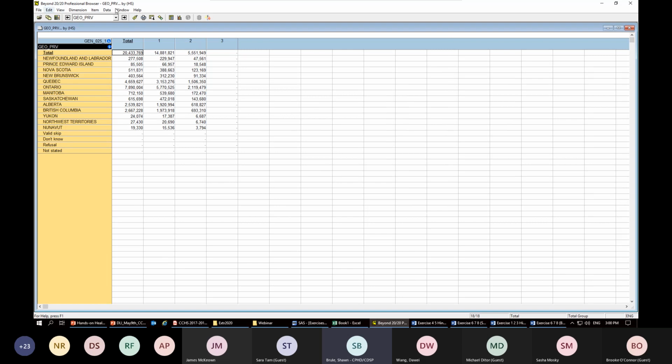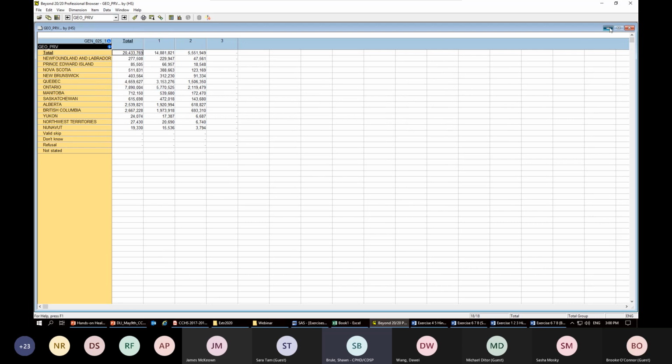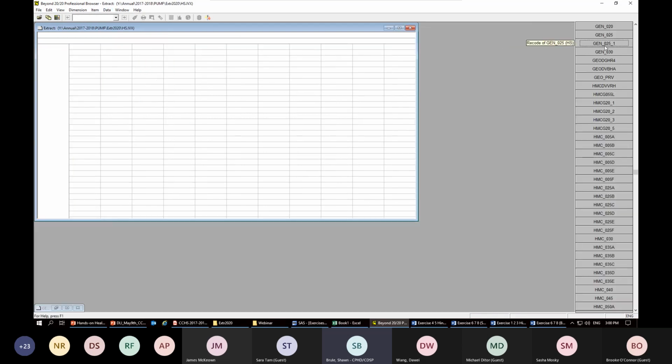When you're defining the recode, there's an option, it's just not open right now. Something I haven't really played around with myself, but I believe there's a way that you can define a dimension definition for it with a format for the 1 and the 2. Probably it would be faster to just export this into Excel, but this new variable that I've created, this gen25.1,